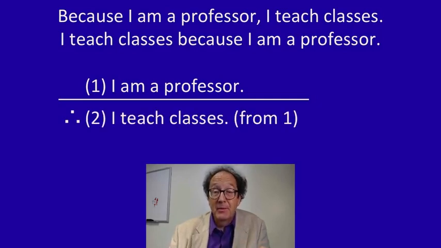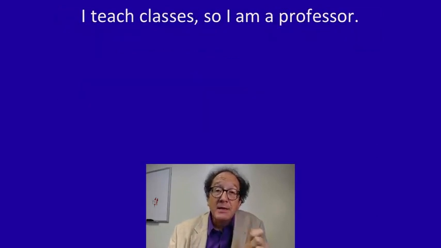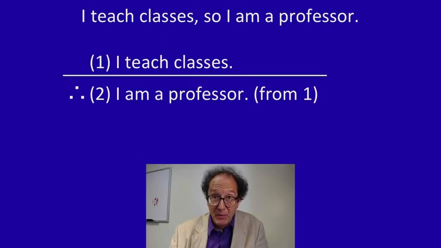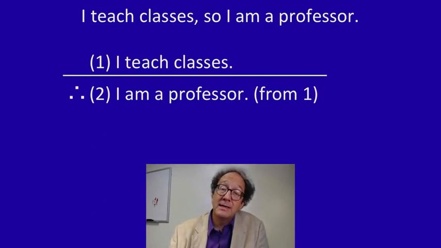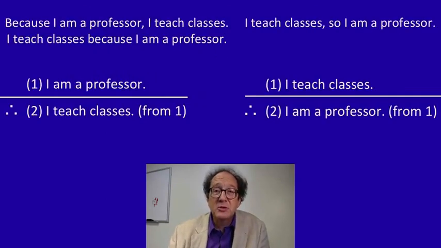But the next example, the third example at the beginning of the lecture, was, I teach classes, so I must be a professor. Now that means that "I am a professor" is the conclusion that goes below the line next to the dot pyramid, and the premise is, I teach classes. So when you put these two in standard form right next to each other, it makes it absolutely clear what the difference is and what's in common to the first two that distinguishes them from the third one.